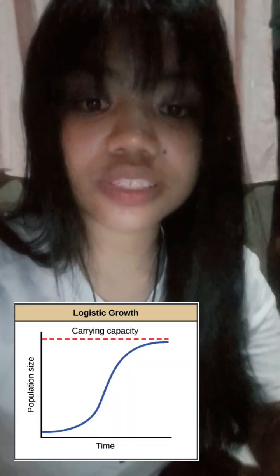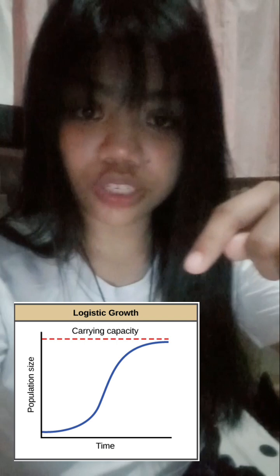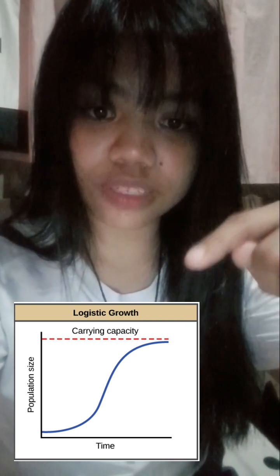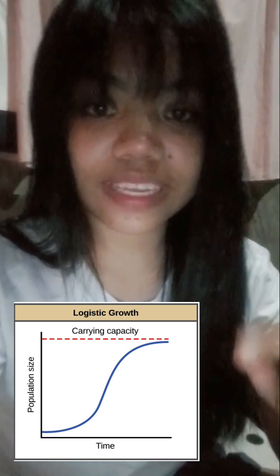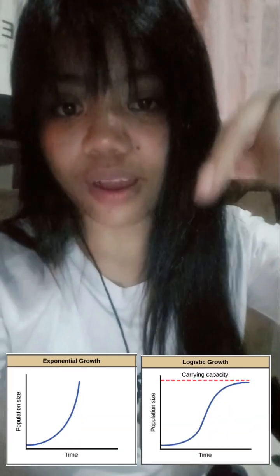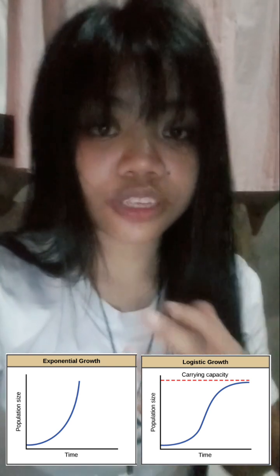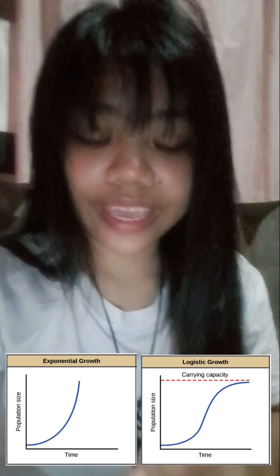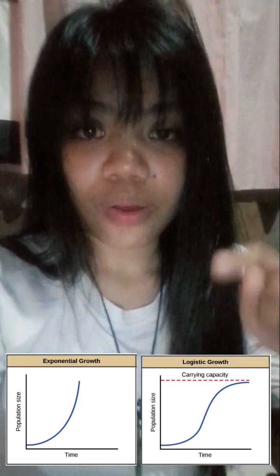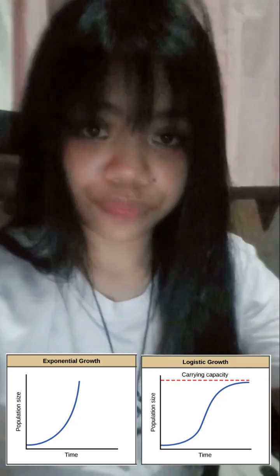Exponential growth, as you see in the picture that popped up in the video, is in a J-curve shape, while in this part of the graph, logistic growth is explained as the S-curve. When we say exponential growth, the population growth rate increases over time, while